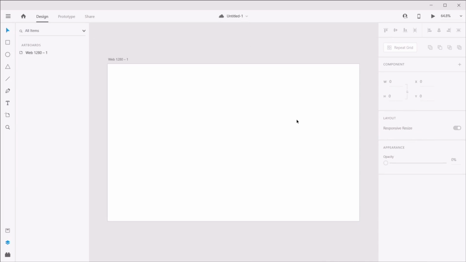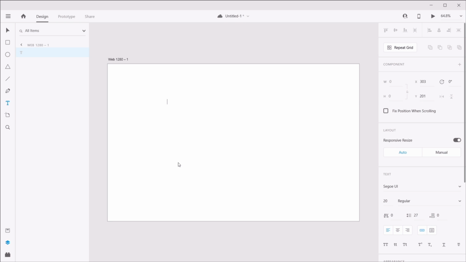Welcome back to the course. In this lesson, you'll learn how to work with text elements in Adobe XD. And this is very important because text is found in every single design project you'll be creating. So let's begin. To add a text element, you can select the text tool or press T on your keyboard, and then just click anywhere in your canvas or in your artboard and